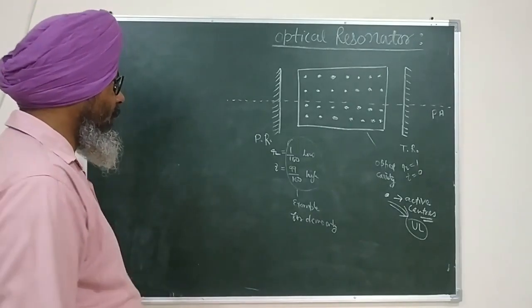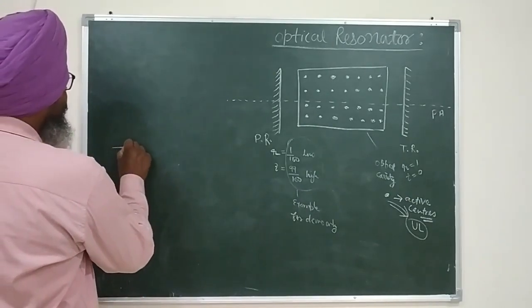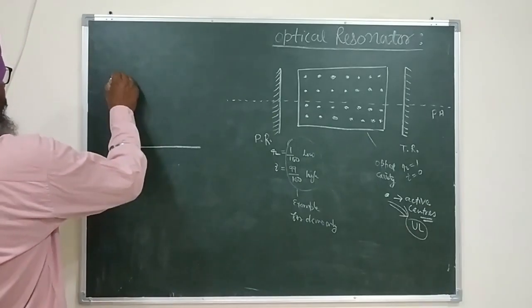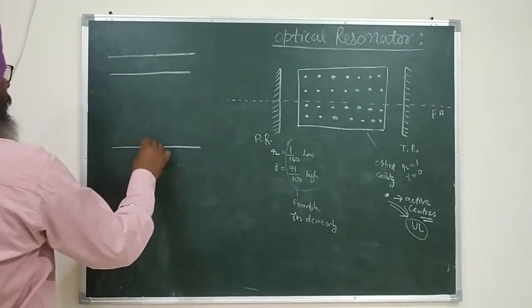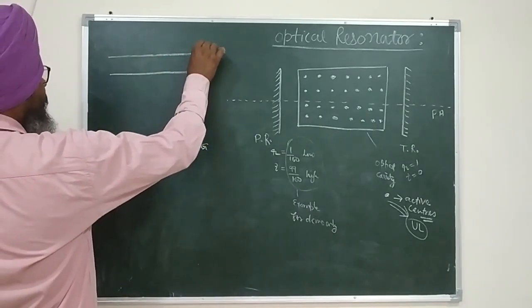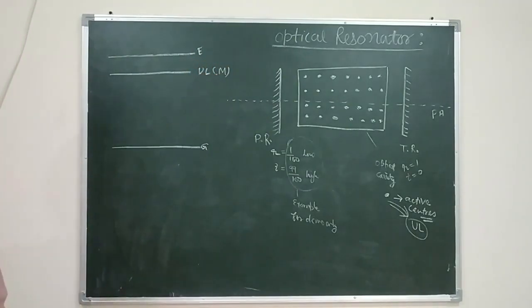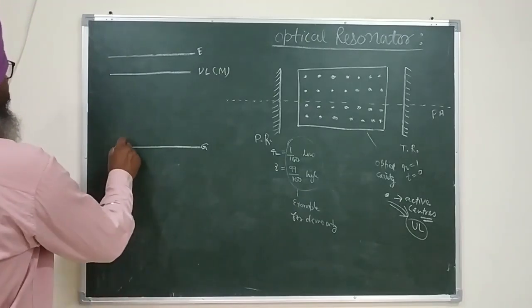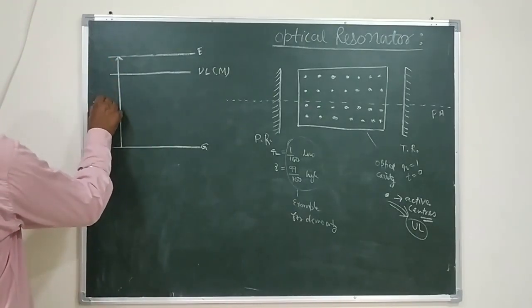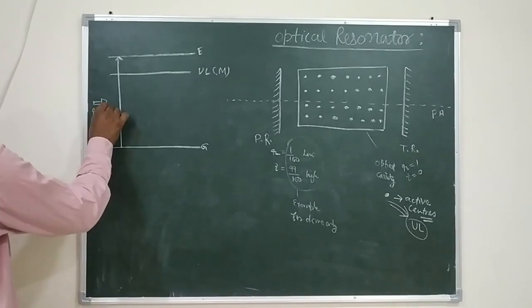Okay, just for better understanding, I will take another example of a 3-level laser. I assume that this is just with one metastable state. It is just for the sake of better understanding. So this is the ground level, this is the excited level, this is the upper lasing level, which is going to be a metastable state. And the atoms are being excited from the ground level to the excited level with the help of external energy, which I am showing with this double arrow. So this external energy supply is a process which is called pumping.